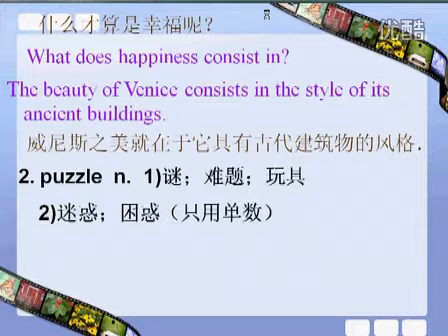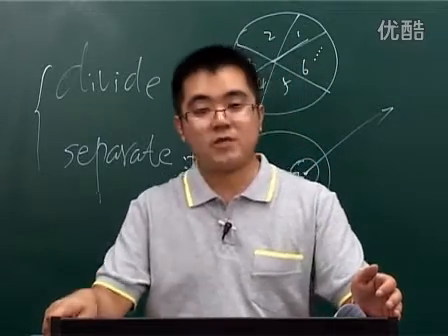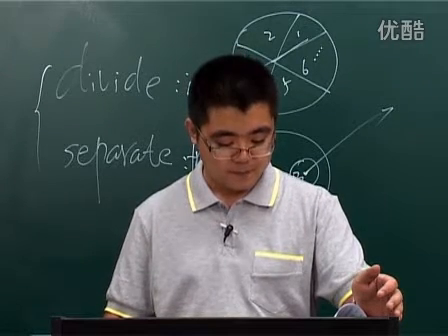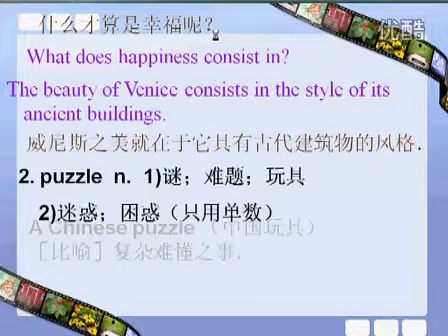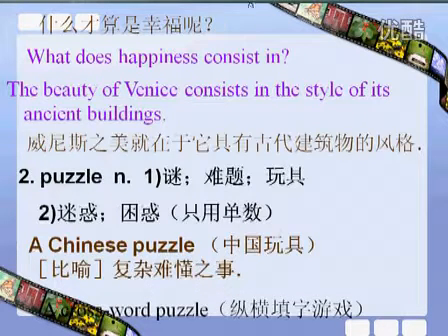Okay, the next, puzzle. Now you'd better know some meanings about this word. 难题、迷惑、困惑。记忆这个单词我们前面谈到过了。You'd better pay attention to the double Z. 注意这两个字母 Z. A Chinese puzzle, 中国玩具，比喻复杂难懂的事情。A crossword puzzle, 纵横填字的游戏。